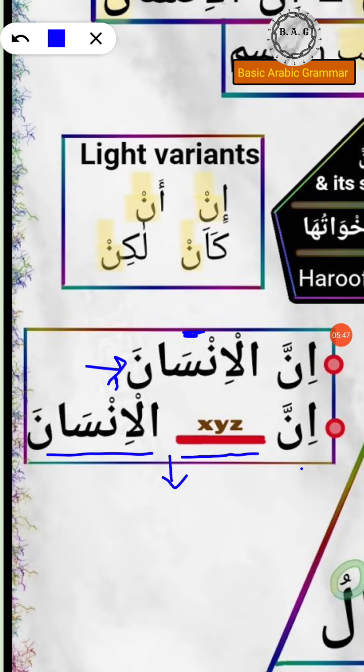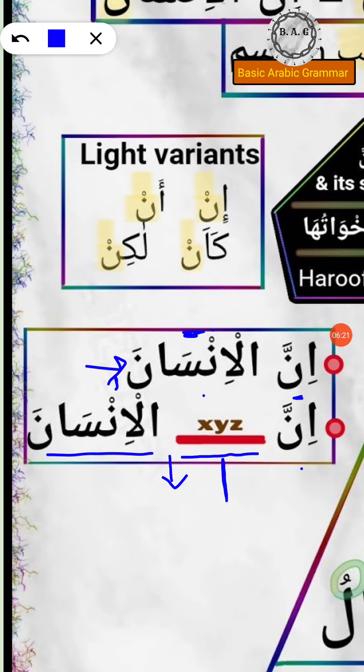Over here we can see that the ism is right next to the harf nasab. However, they are separable, okay, so some words or fragments may intervene and be present between these two. This is what it shows. It can either be innal insana directly right next to each other, and it can also be inna dash al insana. So in such situations what you can do is that you'll have to go further down the